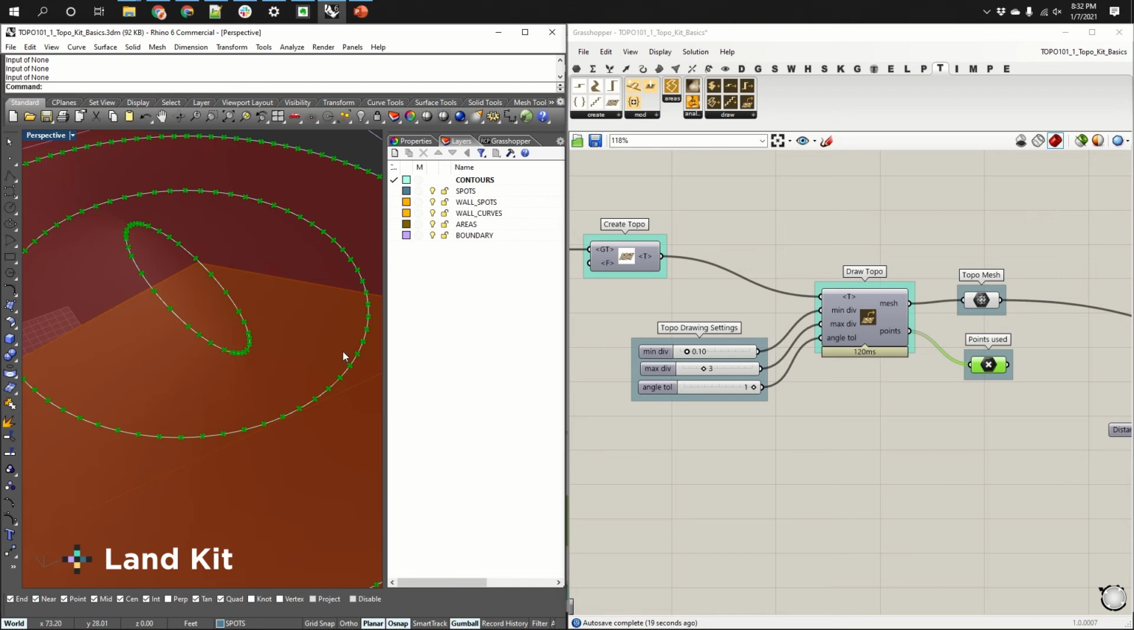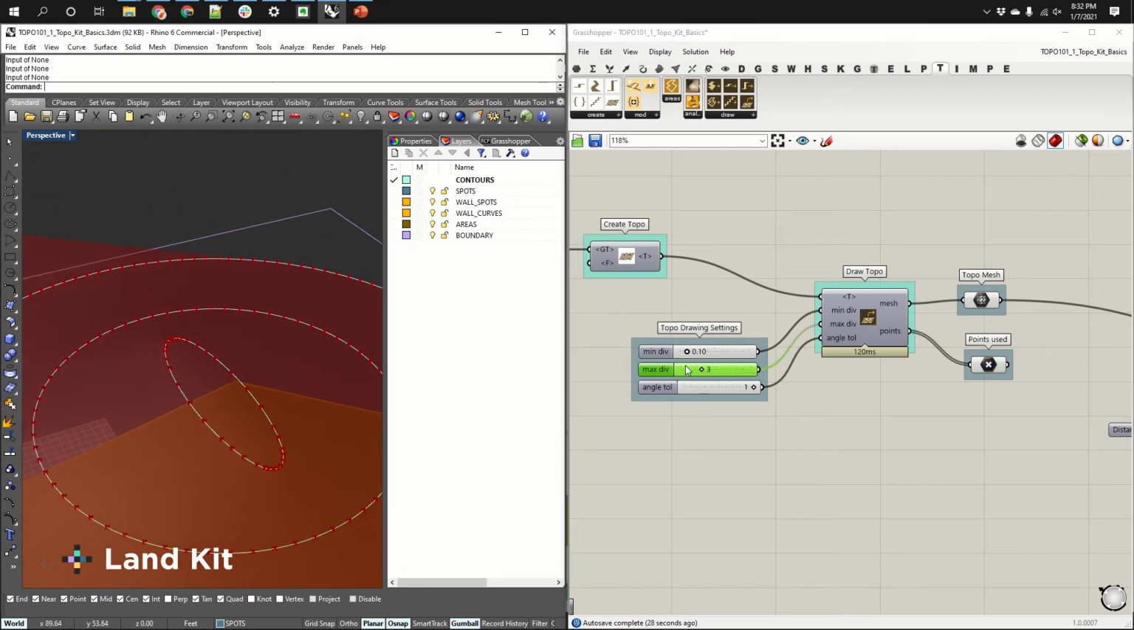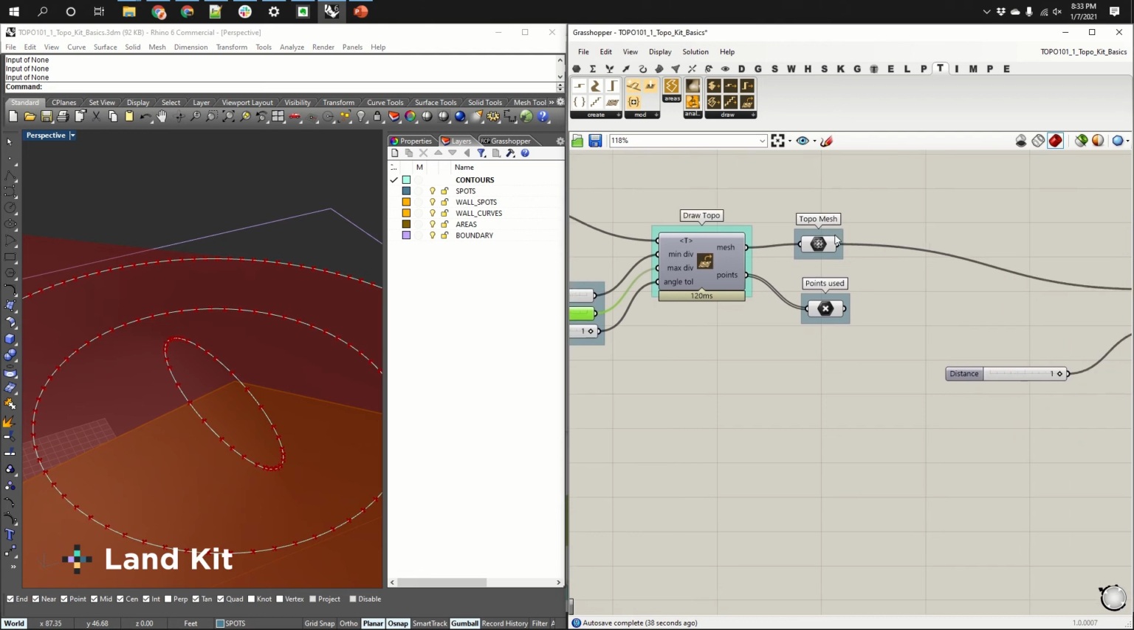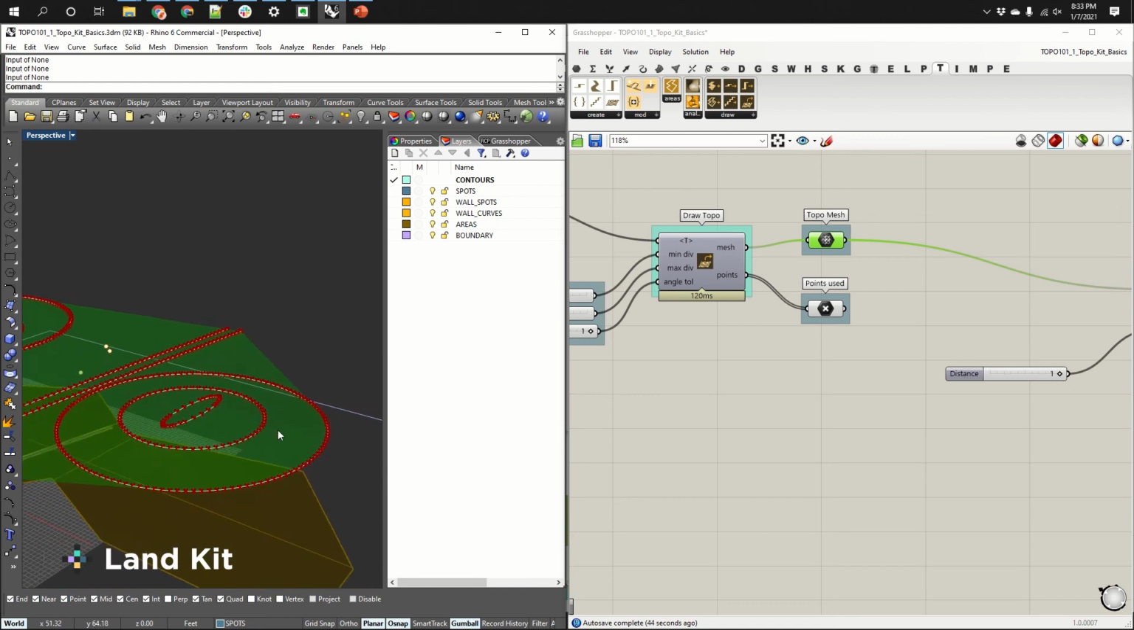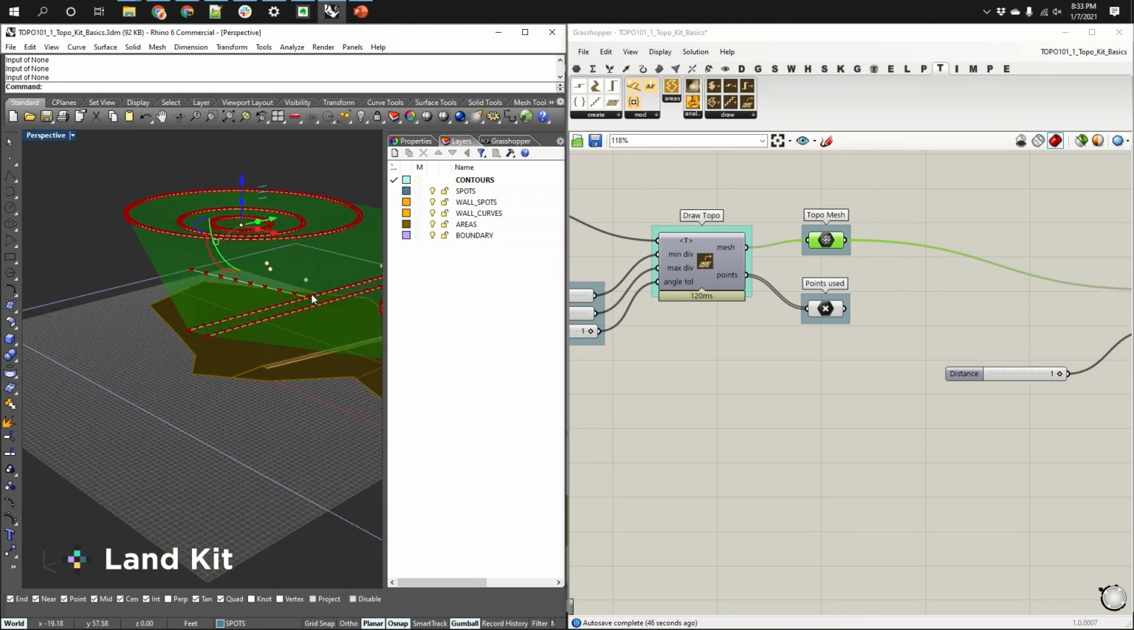So there are some small inconsistencies with this based on some things that are happening with Rhino, but overall, you can change the settings of how topography is drawn based on these curves. Now, the output, very simply, is a topo mesh. So this topo mesh that we have here,